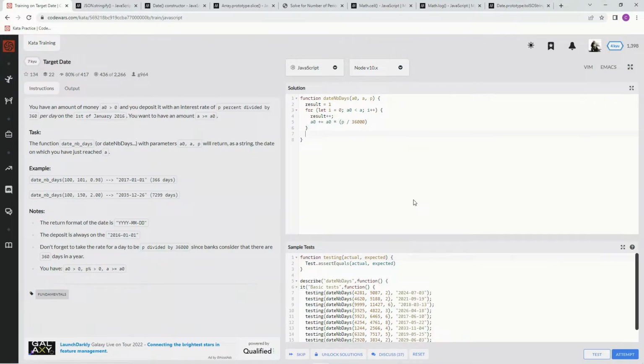Now this is where it gets not complicated but ugly. So now we're going to say return, and what we need to do is turn this number, which will be growing as long as we're getting to this number, into something that looks like this right here. So to do that, we're going to use this